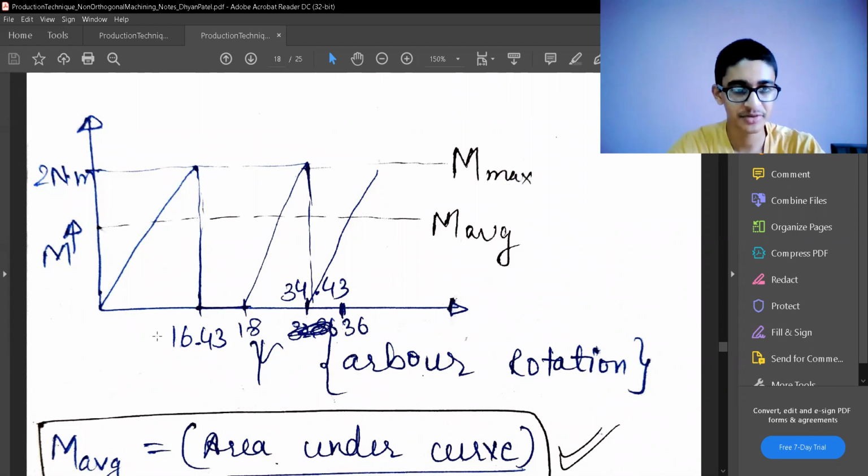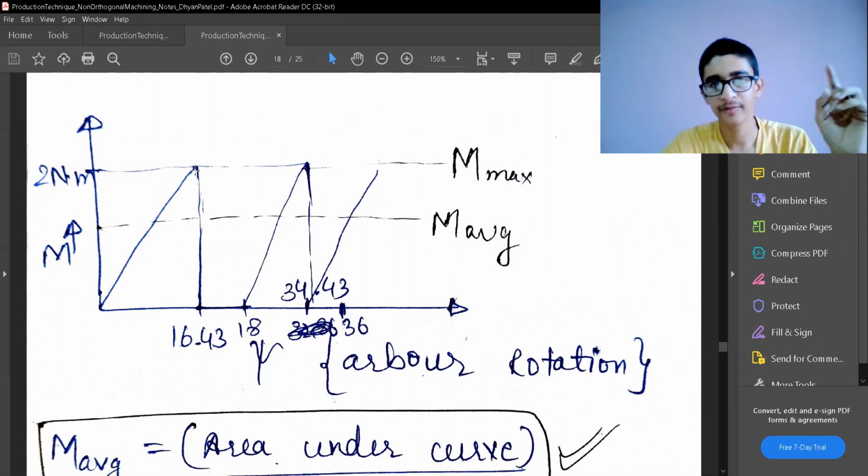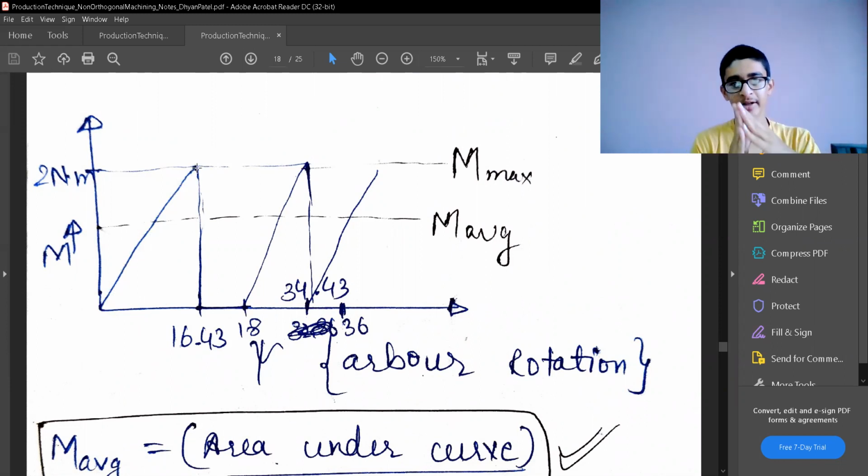So this is the first tooth I have. The tooth starts doing the milling operation. It does the complete milling operation and it has the maximum torque required at the end of that stroke. Then it will come, then inside the included angle in the transitional surface on which the machining has been done,